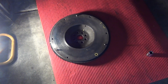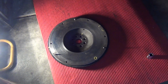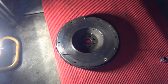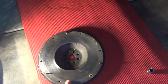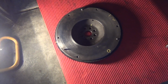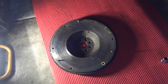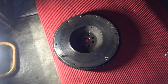Okay, you're probably wondering, why is the flywheel on the floor and not on the car? Well, the reason is I was using the old bolts to put the pressure plate onto the flywheel, and I wasn't anywhere near the torque, which is around 40 foot-pound. I wasn't anywhere near it, and I felt a couple of the bolts start to sort of turn a little bit,